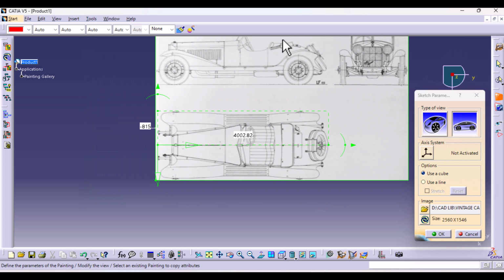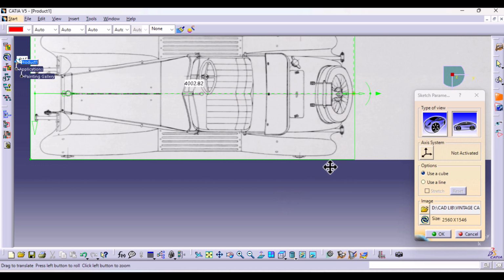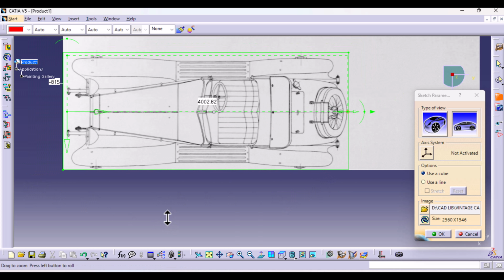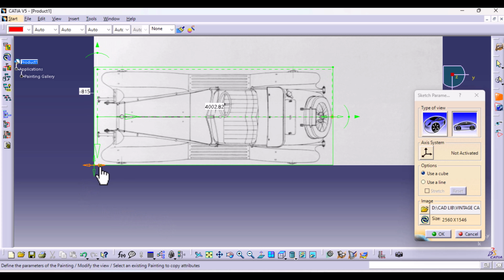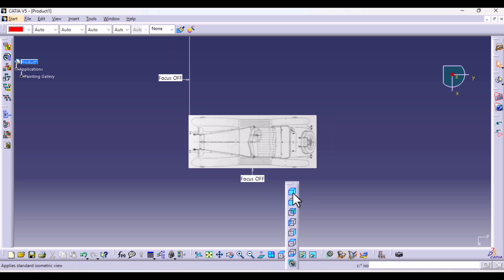Now we're going to adjust the view. This is going to control how much we view, and then I'm going to align that line with the inner one, and then bring this down again close to that. I might leave a small gap, no problem. This is not affecting the measurement. And then the rear one, it should stay right where it is. Or maybe I can bring this a little bit closer like that. So we have 815 as half the width. Select OK. So if you go to ISO,